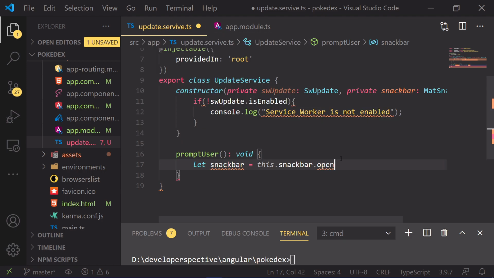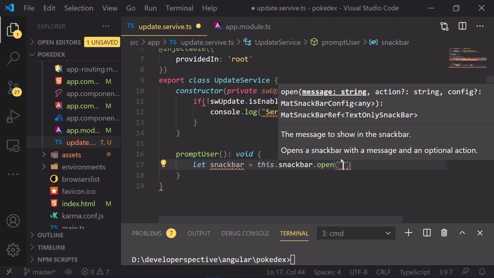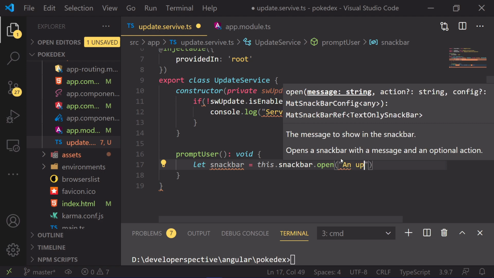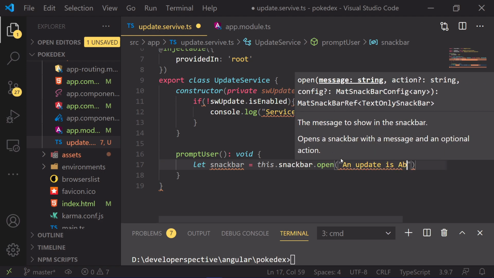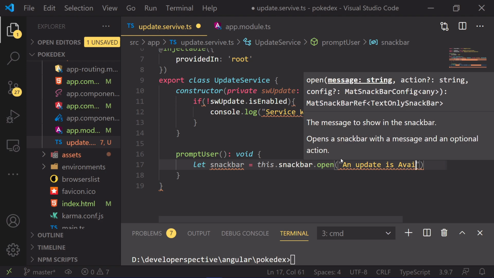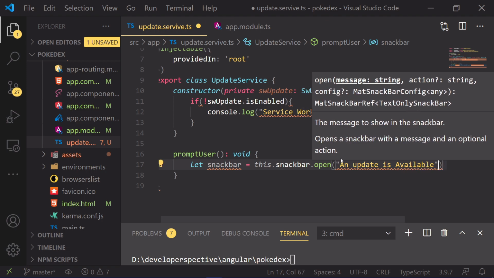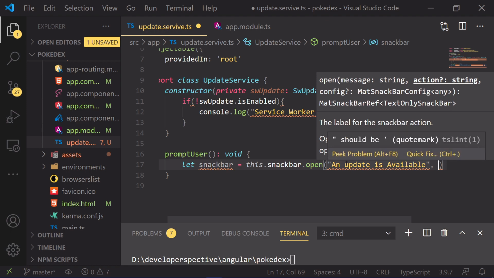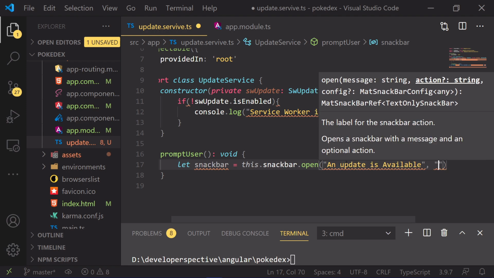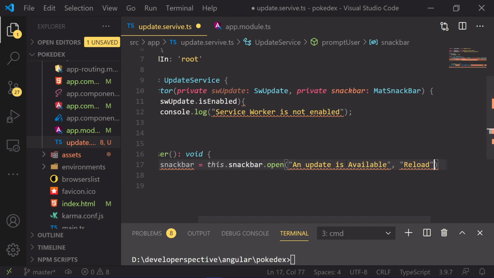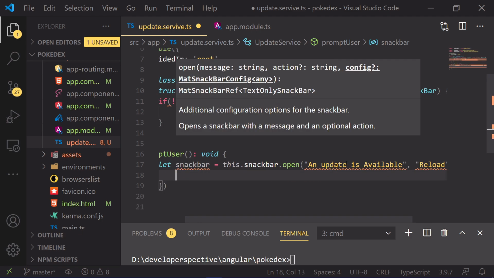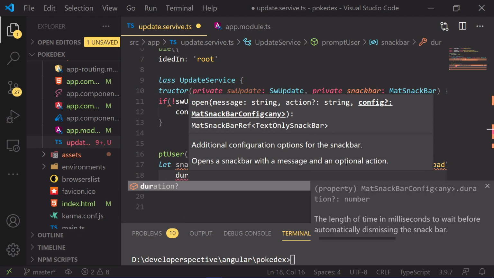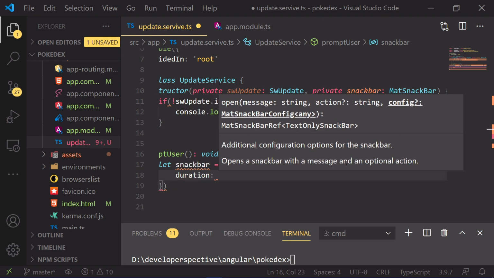snackBar.open, followed by the message we want to show the user, so that would be 'An update is available'. We will have an action to reload, and we'll keep the duration of this snack bar to be like 10 seconds.